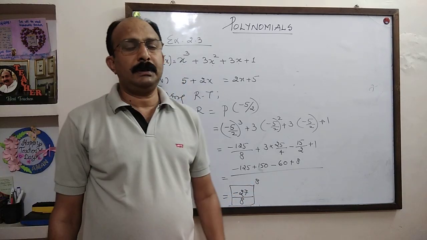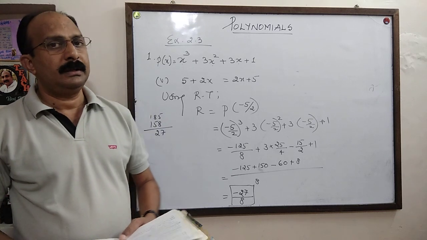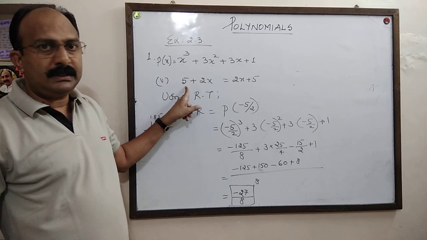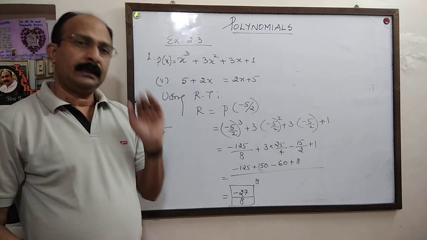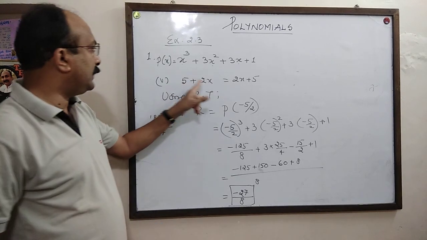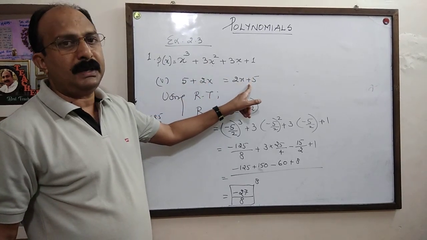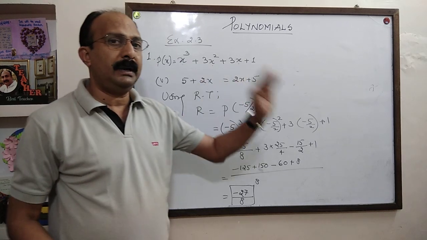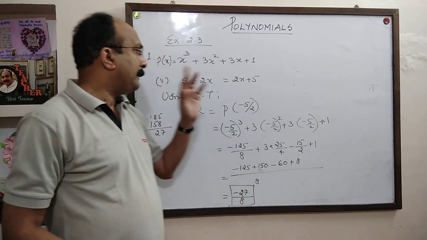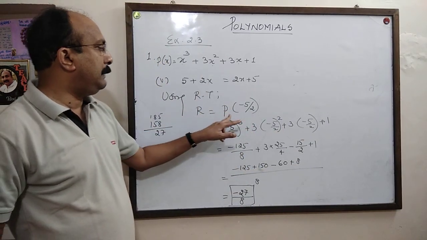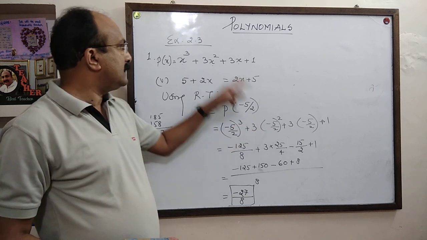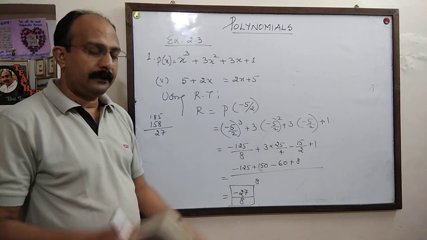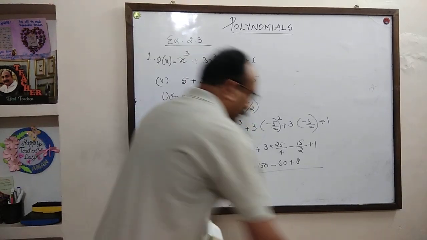It was only the calculation part. So this is all about remainder theorem. Whenever a polynomial p of x is divided by any binomial which is in the form of x minus a, if it is not exactly in the form of x minus a, we have to make it in the form of x minus a. So it is 2x plus 5, which gives x is equal to minus 5 upon 2. Then the remainder will be p of a. P of a means in the given polynomial, wherever there is x, we will put the value of this a. Now question number 2.